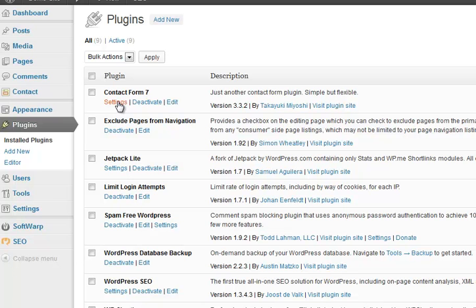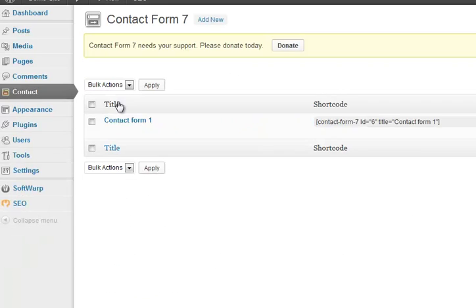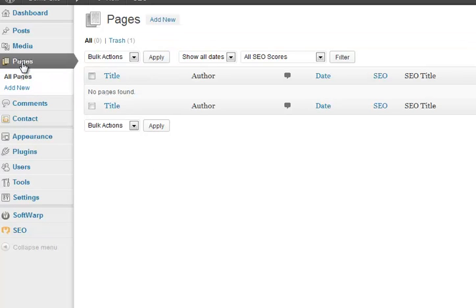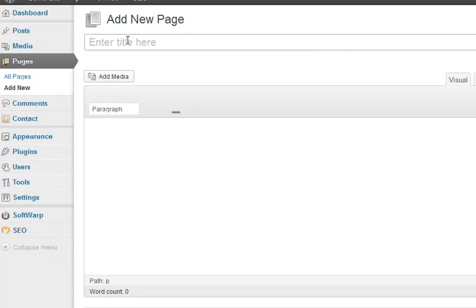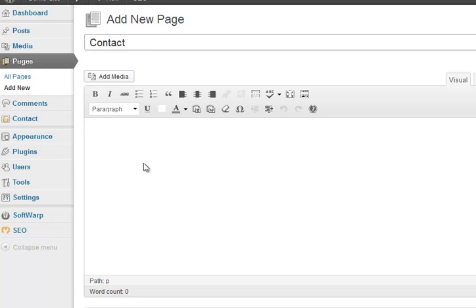Contact Form 7. Settings, there isn't really very much to do here. Basically it sets up a contact form and gives you what it calls a short code. So we copy and paste that, go across to pages, click on add new, and we're going to go for a contact form. Just call it contact, copy and paste that in,